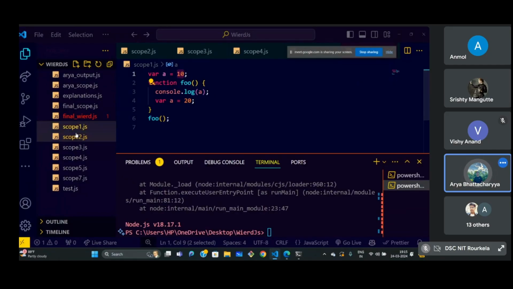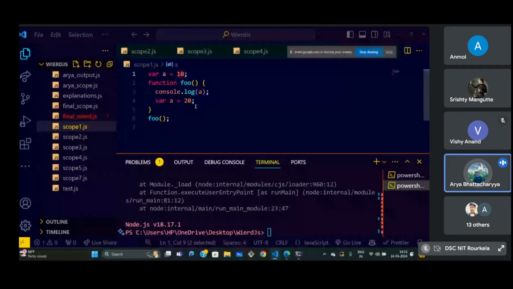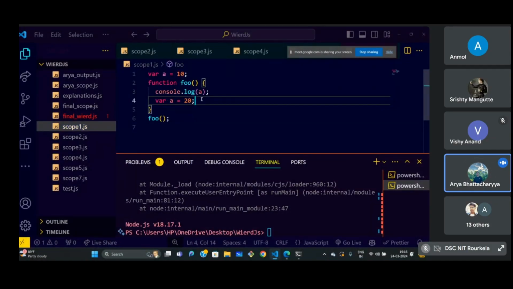The reasons are different, but over here there is no conflict. The thing is that we are trying to access before initializing, so this creates a temporal dead zone over here. In the other case, this goes up over here. This is called hoisting, where the declaration is pushed up above the function. So the console.log doesn't actually stay below; things go up. The error messages are different in the two cases.